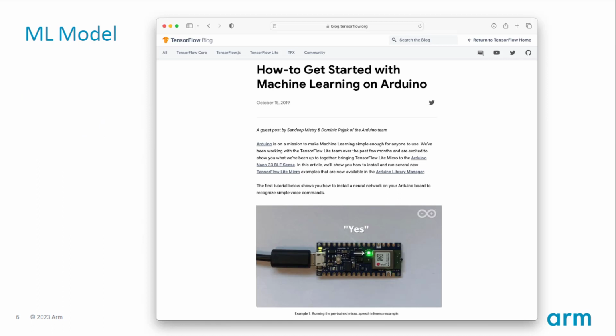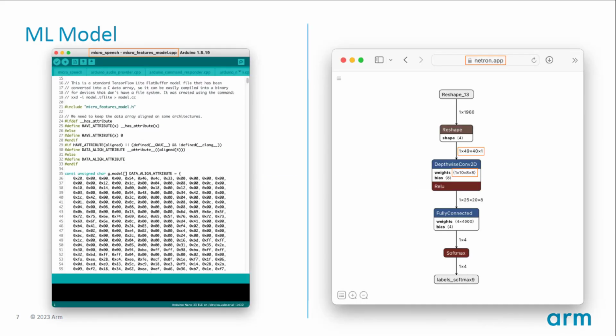And I've seen this audio classification before. When I was a software engineer at Arduino, we launched this popular board called the Arduino Nano 33 BLE Sense, and the TensorFlow Lite team had ported the popular keyword spotting example to this board. This one detects yes, no, silence, and unknown sounds. So I decided to see if the same model used in that example could be reused for this project. And if you open up the example, you'll see a C array containing the model, which is